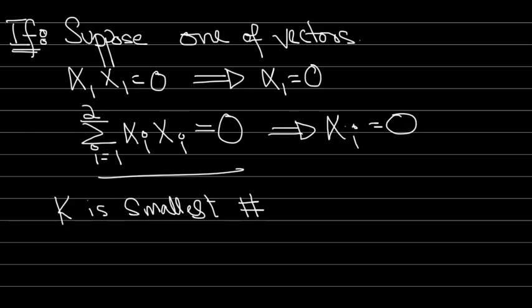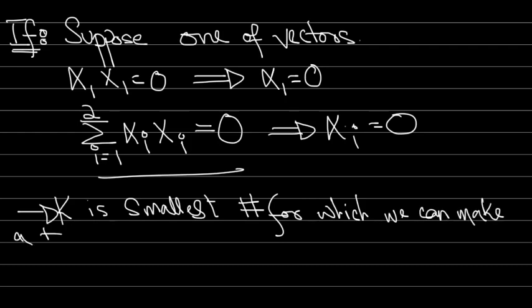Let me actually write this down: some k is the smallest number for which we can make a transition